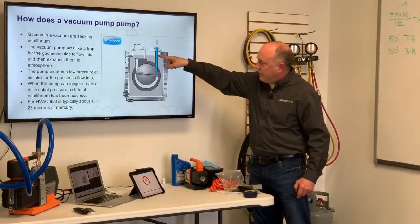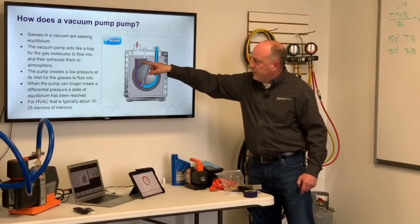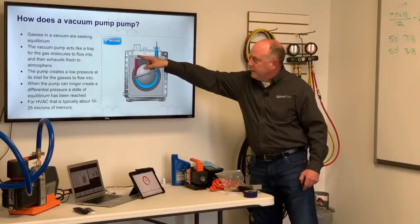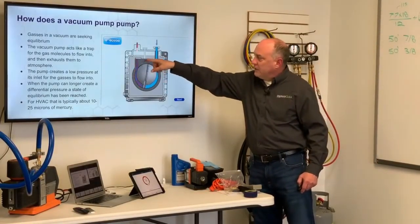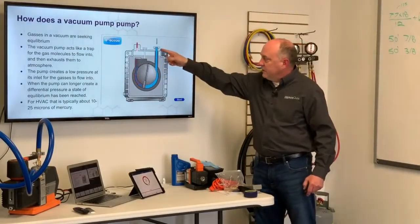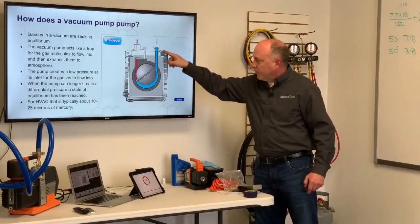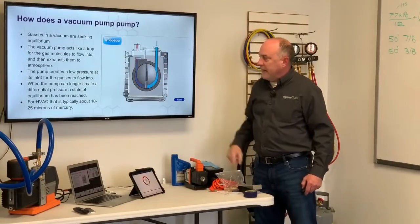So the gases are traveling down inside the pump. It's swinging around, grabbing those gases, compressing them, and exhausting them through the oil. Now this gray level here is oil in your vacuum pump. And when we exhaust it out here, a small amount of moisture also gets trapped in the oil, and that's why your oil might turn a milky color. But this is just sweeping away the molecules